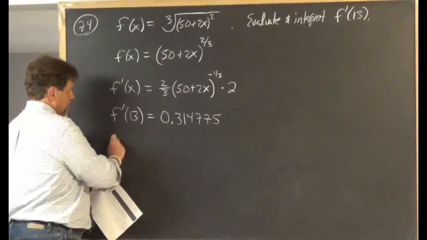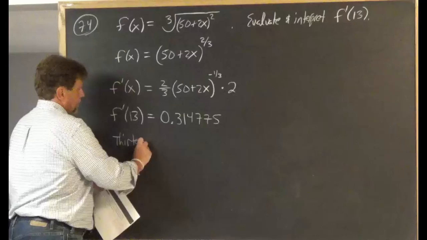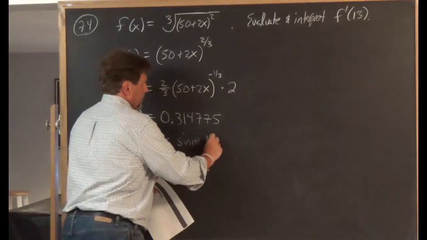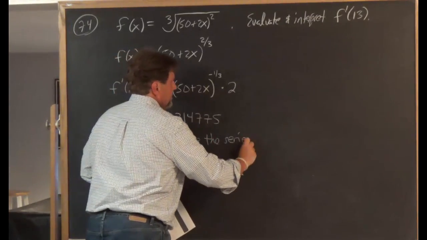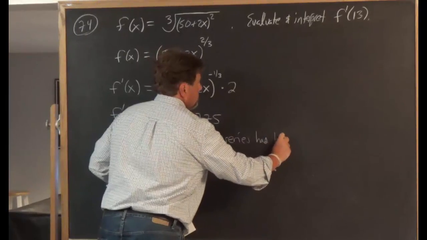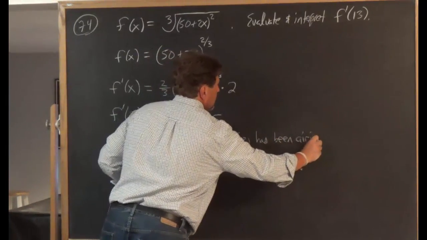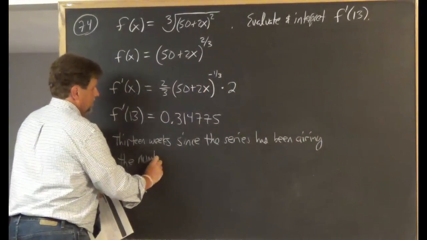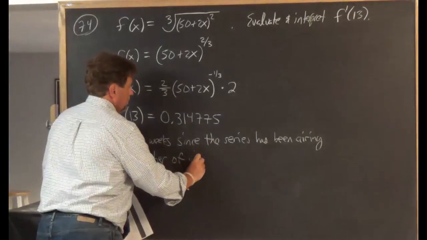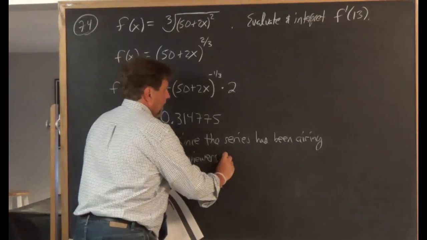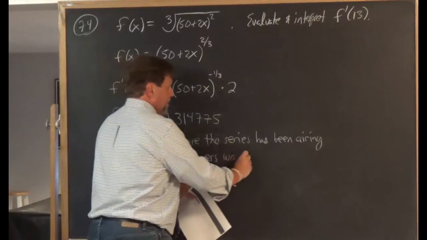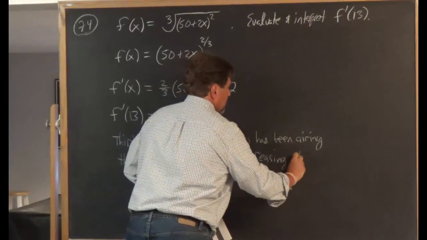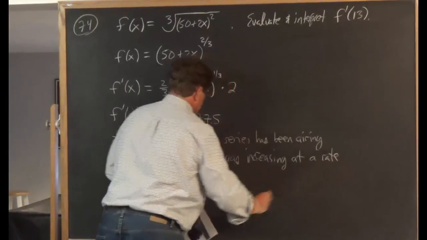Let's start off by saying 13 weeks since the series has been airing, the number of viewers was, it's a positive number, so it was increasing at a rate of,